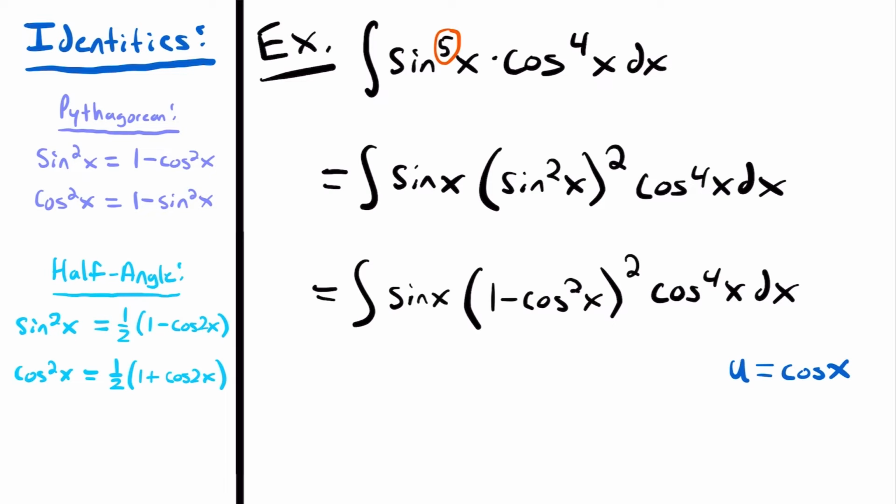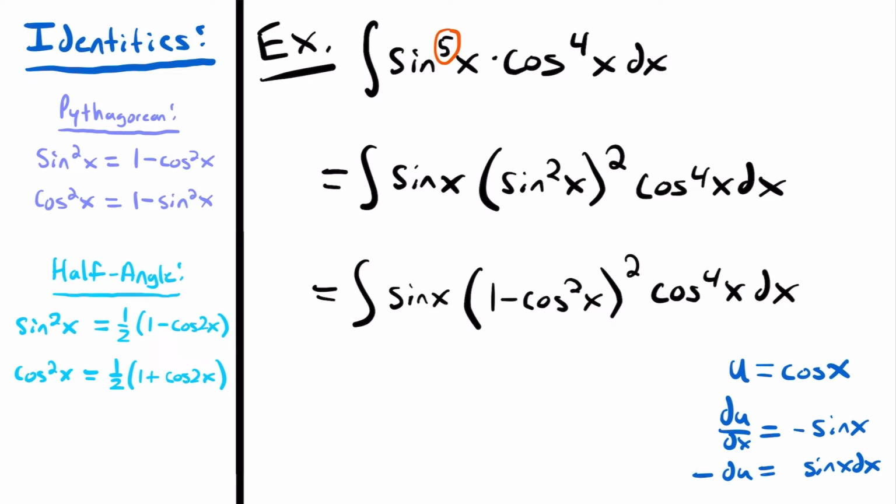Because if you do that, note that you could rewrite this to be u squared, and this would be u to the 4th power, and the derivative of cosine, if we take that, du dx is equal to negative sine x, and ignoring that negative, sine x can be found right here in our integral. And so setting u equal to cosine x is going to work. We'd have du is equal to negative sine x dx, and then if we multiplied both sides by negative 1, we would have that negative du is equal to sine x dx,